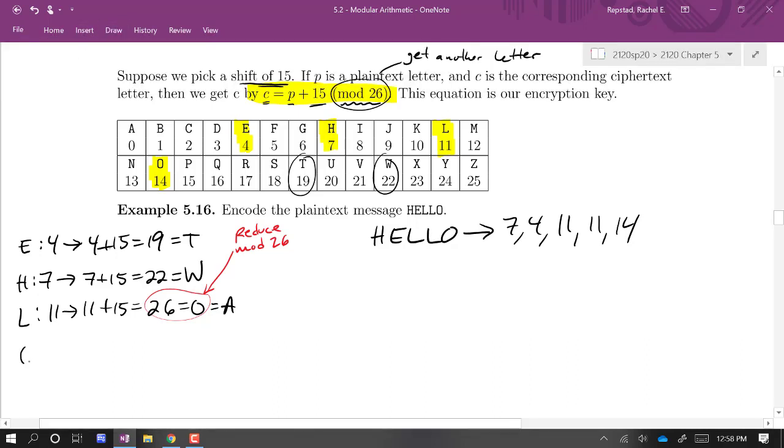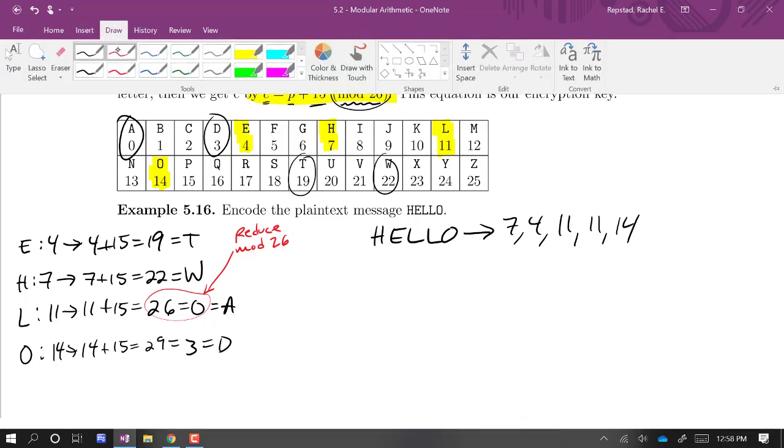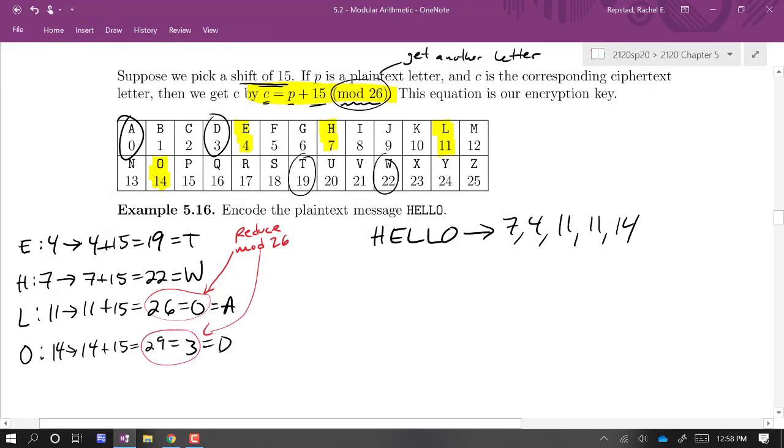And then O, 14. So I take 14, I add 15, I get 29. Again, reducing mod 26 gives us 3, and 3 is D. And I didn't circle that one before. So again, here we're just reducing mod 26. So 7, 4, 11, 11, 14. Right, when we add 15 and then reduce mod 26,